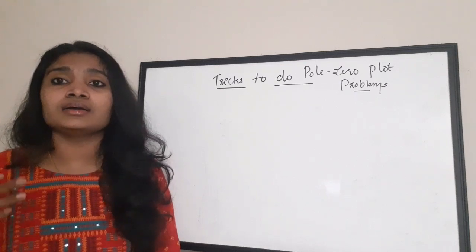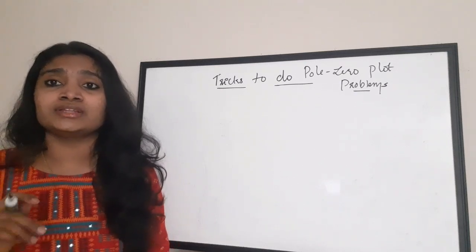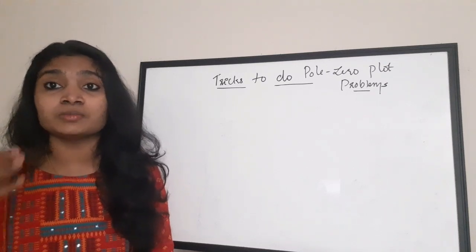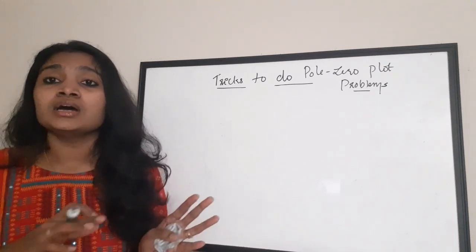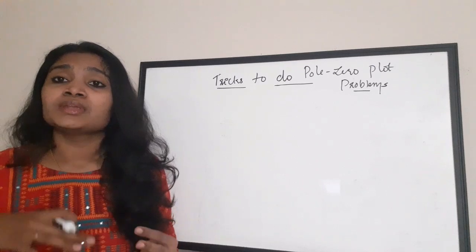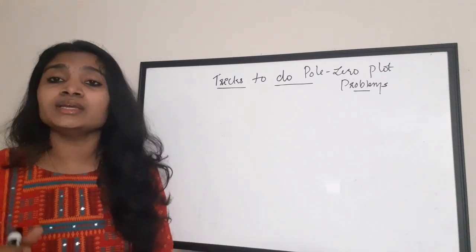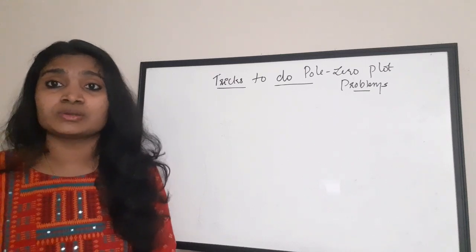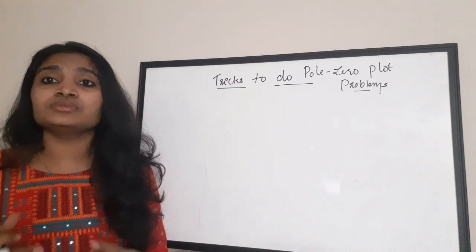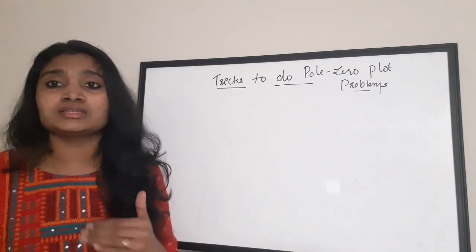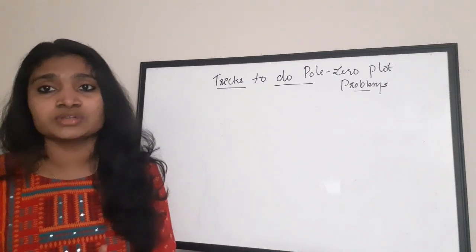You will be asked to find whether the system is stable, whether the system is causal, whether the system is having minimum phase or non-minimum phase. Like these questions, you will be asked to find from the pole zero plot, or you will be asked to write the transfer function from the pole zero plot. Now I'm going to tell you some tips on how to identify the system properties and also the transfer function from the